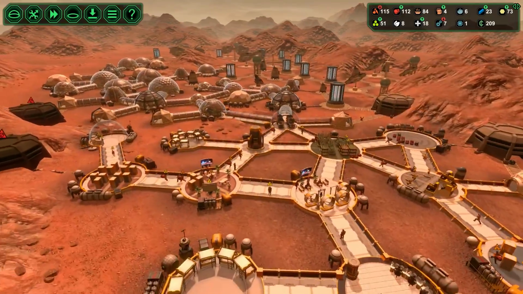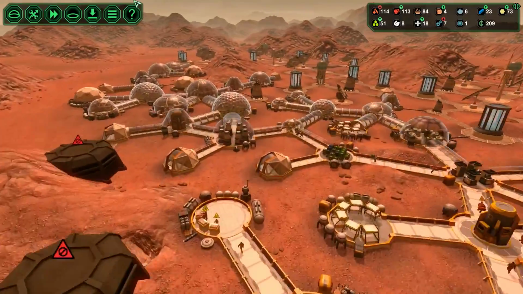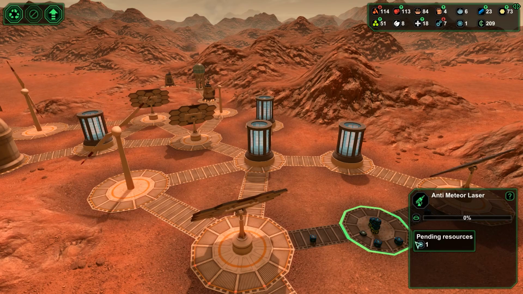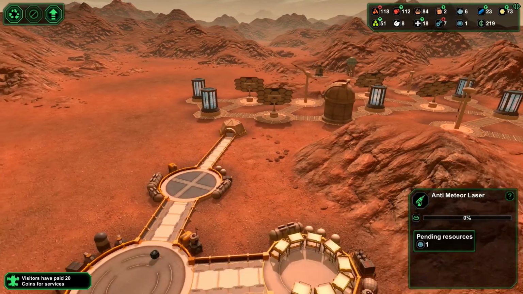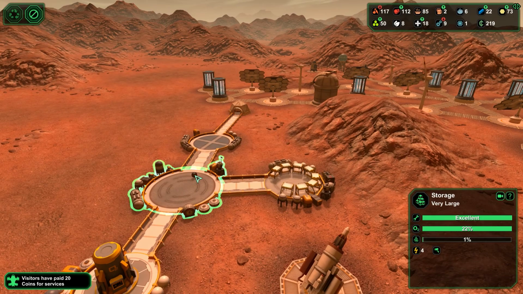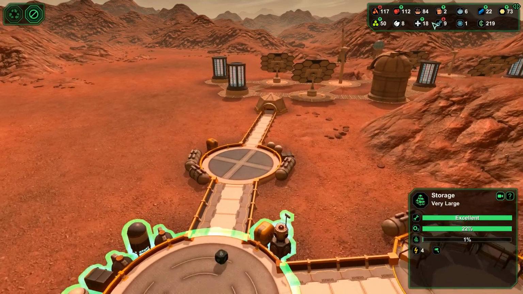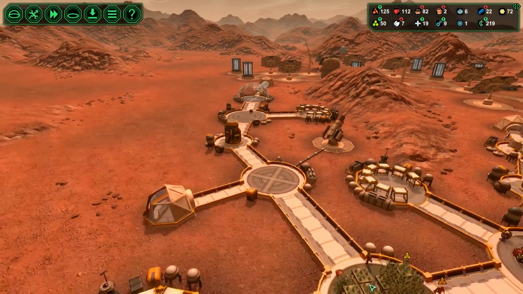Anyway, as you can see, we've got quite a big base going on now. I think pretty much everything is built with the exception of this laser. Yeah, we need a semiconductor, but the new buildings up here are built. We have our storage. What is that? Is that a spare? Yeah. We have a bar up here which I've not done yet. My only concern is